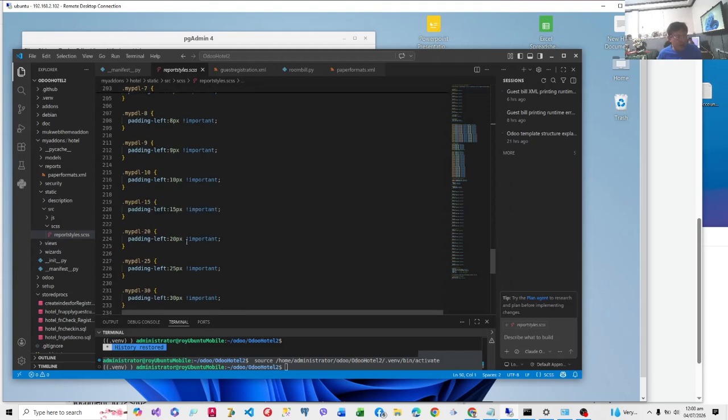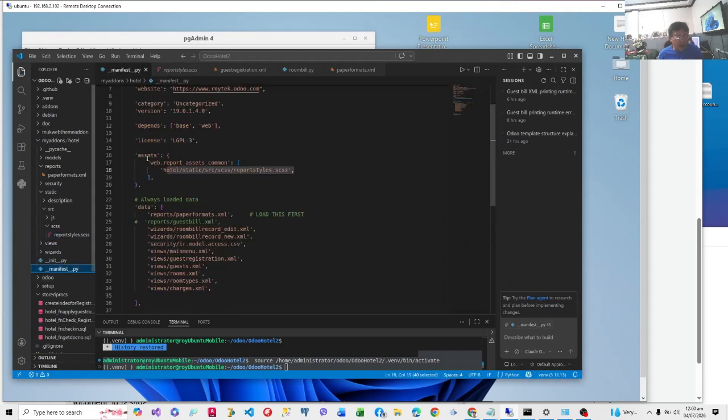Okay, so how do we incorporate this in our manifest.py? We are going to put it in the assets property. Now it's different from the data list. We'll incorporate it in the assets list. I'm going to put a shortcut of a GitHub property that will show all the files that we need now, the assets and the paper format that we need to print, so that users can refer their list view records to their PDF records.